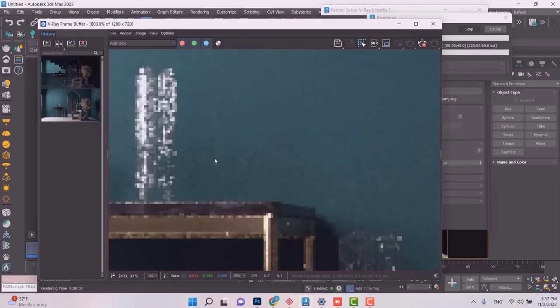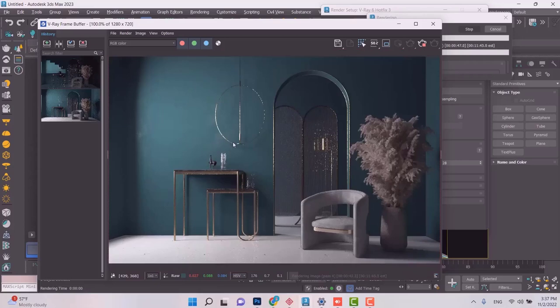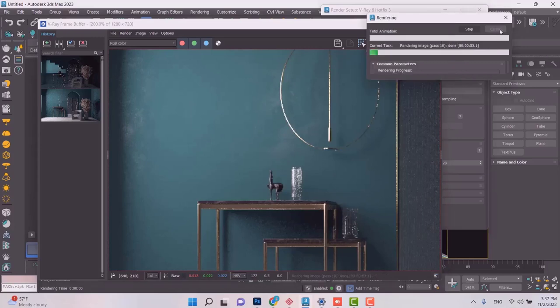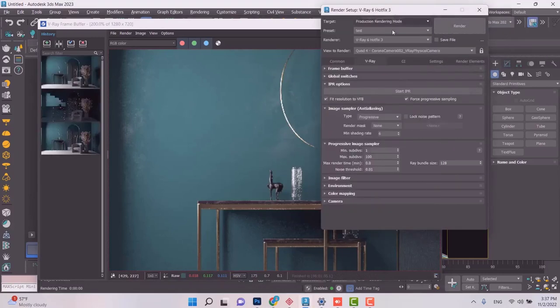But if you have enough time, it's not going to be any difference in quality whether you choose bucket or progressive. So for this scene, let's say you have 2 hours, and it doesn't really matter which method you choose because at the end they're going to give you identical results. Alright, it's too soon to do a save preset just yet. Wait for more information to absorb and then you can just save your presets.